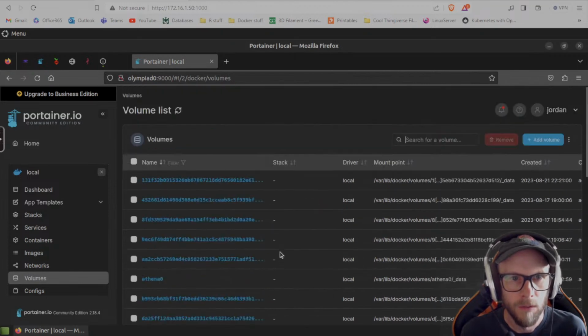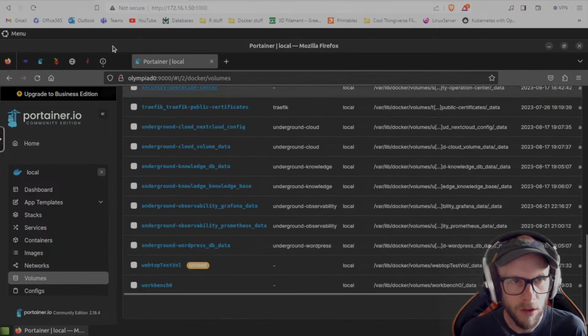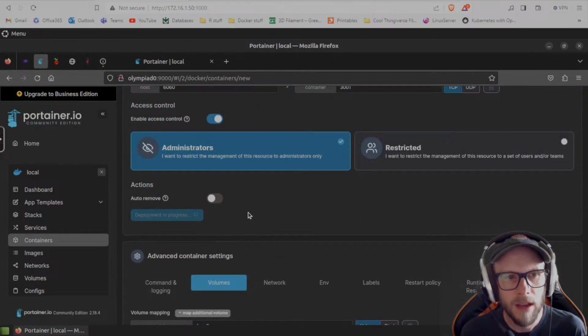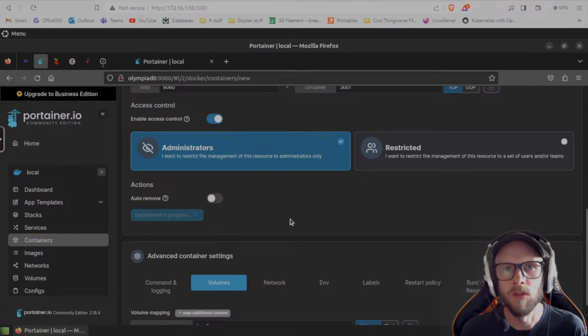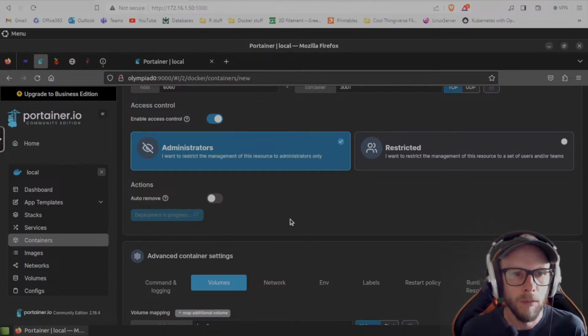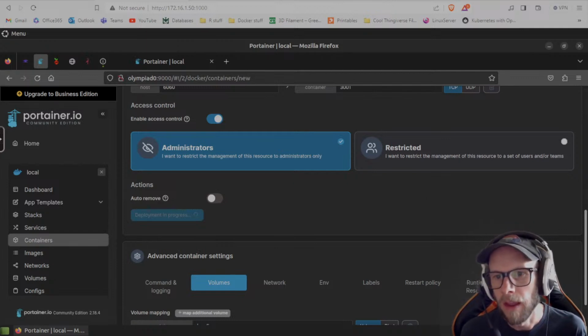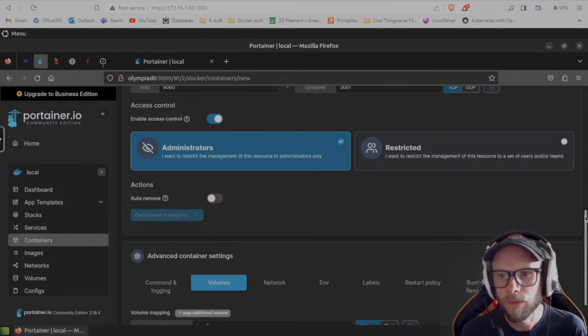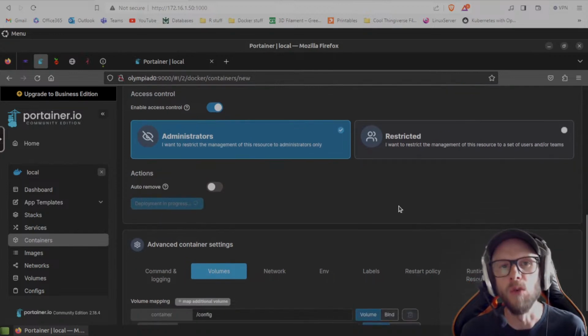So just looking back at my volumes. Okay, back here, containers, it's deploying. So this may take it just a second to get going. But I do think that if you are planning to do these sorts of experiments, that it's really helpful to create your own volume. And while we're waiting, I might address why you might want to